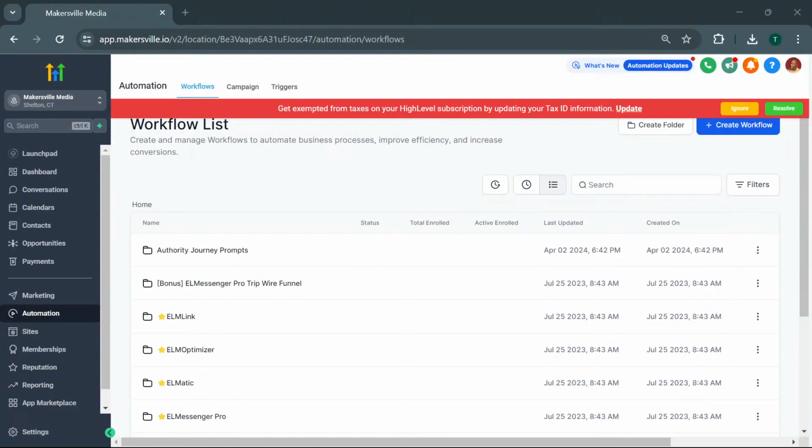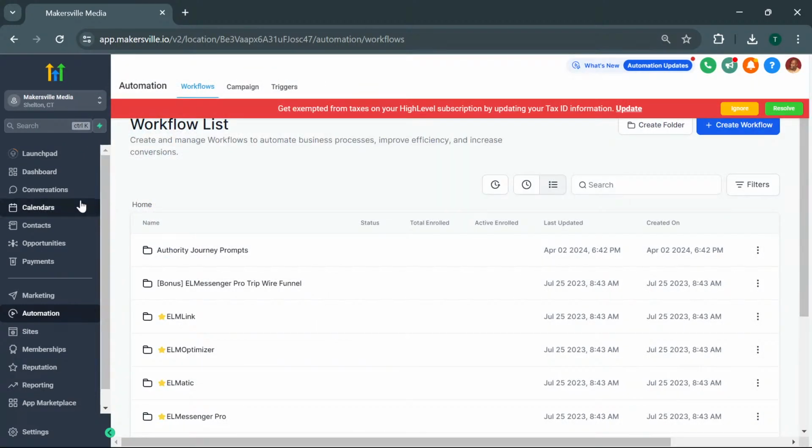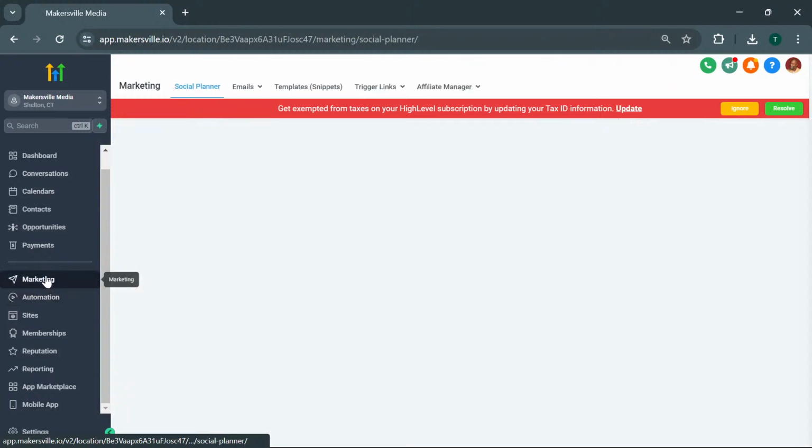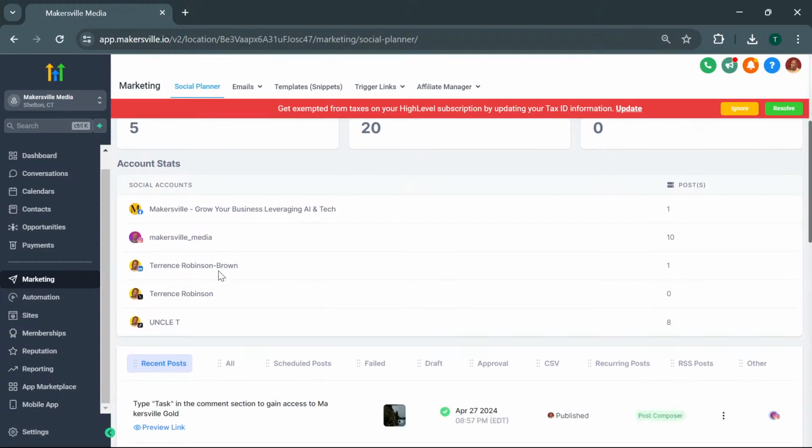Okay, so right now I'm in Go High Level, right? Let's go to Make It Media. And now let's go to marketing. Oh, actually, no, we were already there. So first, this is very important. I'm in my marketing tab. And as you can see, I have all these social accounts connected to my account already. I have a Facebook account, an Instagram, a LinkedIn, an X account, and a TikTok account. They are all connected. All right. So when I'm giving the command center, Go High Level, directions to do this for a post, it knows where to go and look for the post because my accounts are all connected.